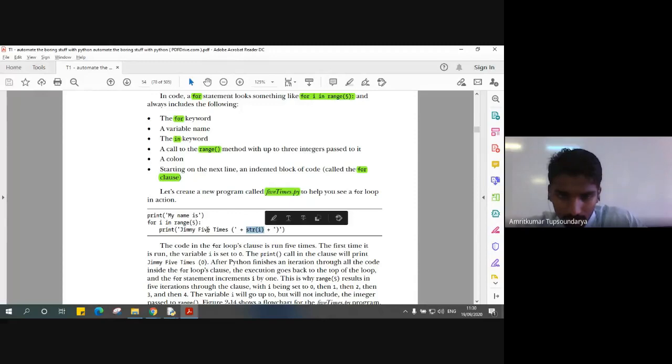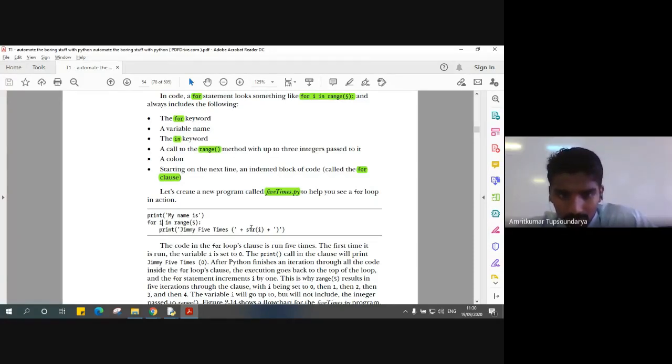So this is exactly what we are doing here: concatenating the string Jimmy 5 times with an integer by converting that integer into a string using the string function. Let's say I is equal to 0. Then print Jimmy 5 times 0 is what the first statement will look like.